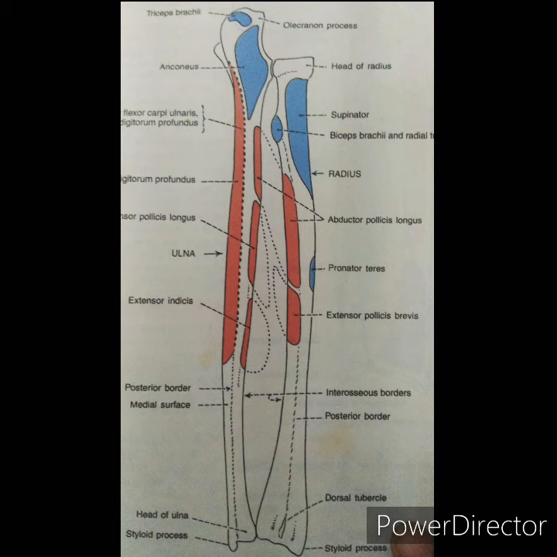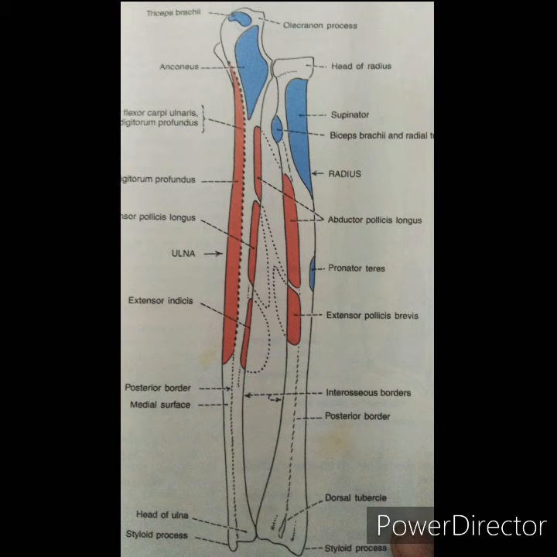What are the other attachments? The interosseous membrane is attached to the interosseous border. The oblique cord is attached to the lateral side of the tuberosity. The capsular ligament of the elbow is attached to the margin of the trochlear notch, that is, to the coronoid and the olecranon processes. The annular ligament of the superior radioulnar joint is attached to the two margins of the